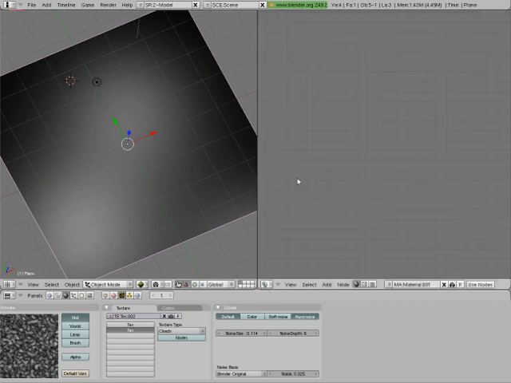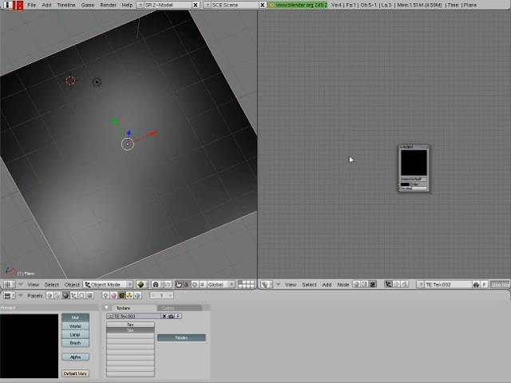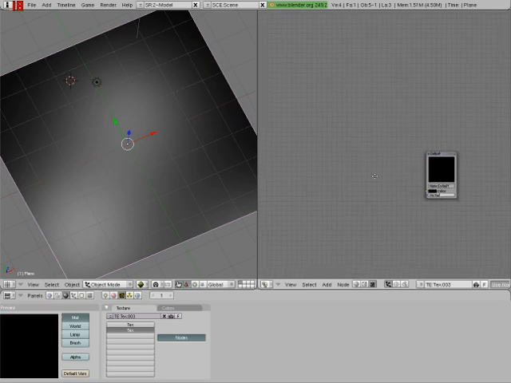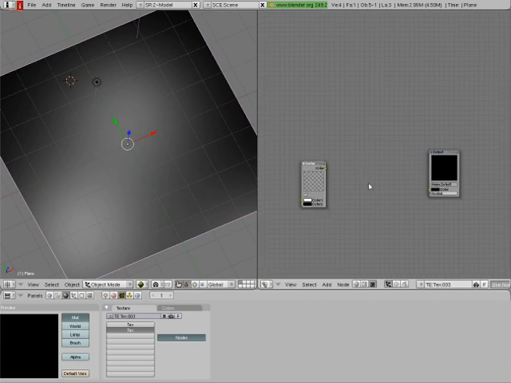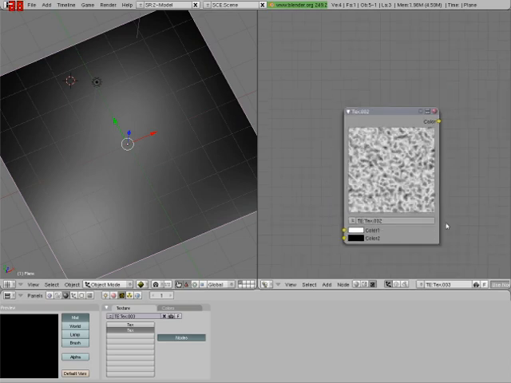Node editor. Click texture nodes, add new, use nodes, delete the default input by pressing X, add input, texture, the cloud texture, select the cloud texture,